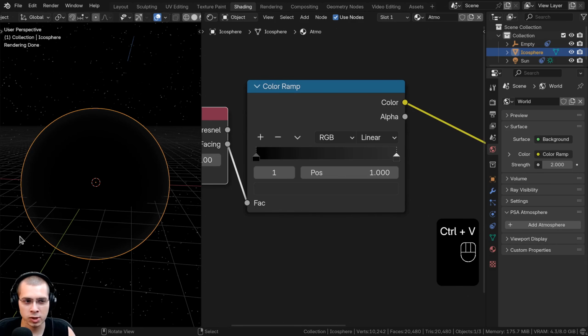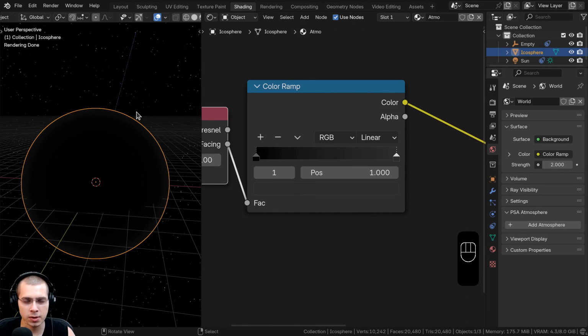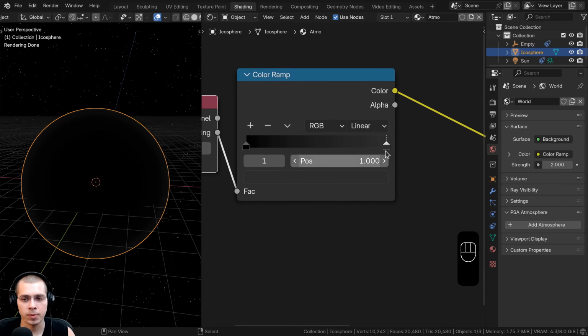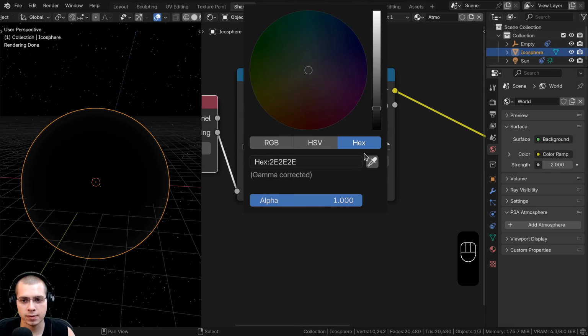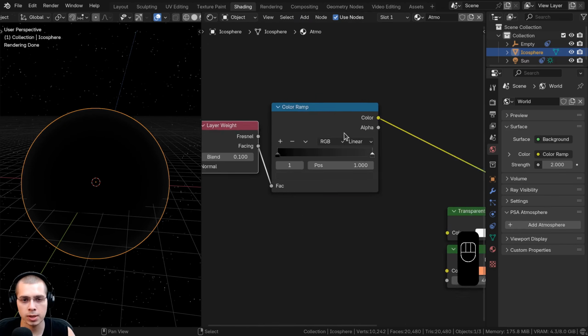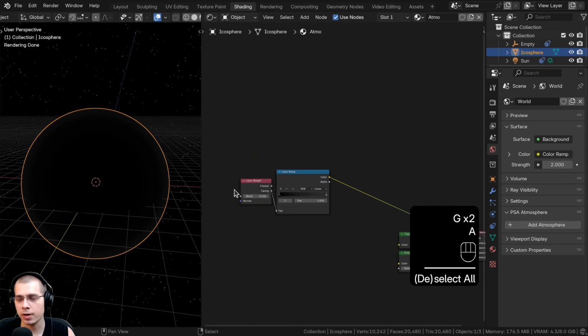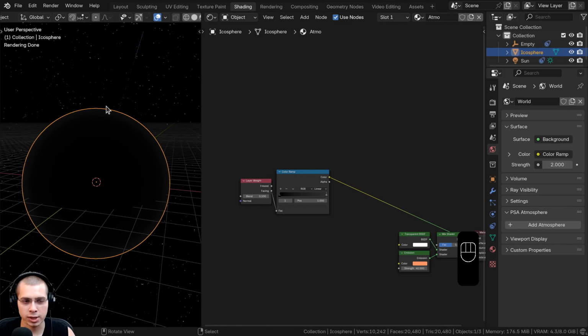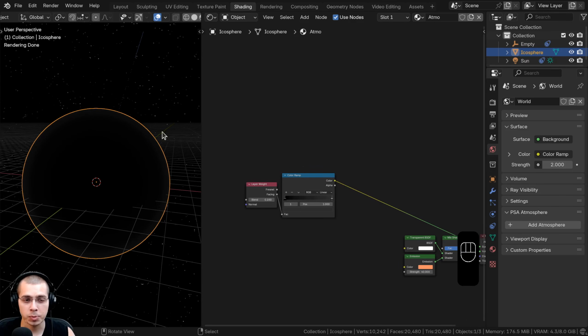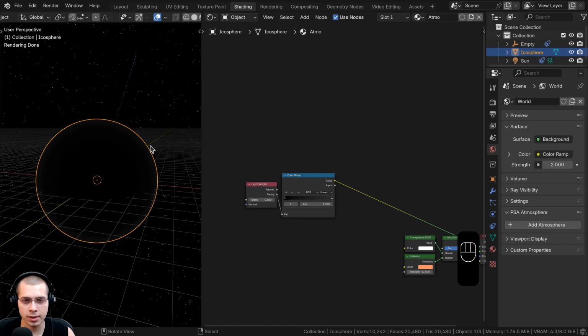Because if it's too bright, it's just going to be super strong, and I still want to be able to see through it. It's not supposed to be super bright, it's just going to be a subtle atmosphere. So for this very dark gray, the hex value is going to be 2E, 2E, 2E. So that's going to be the atmosphere, but then I also want to make the atmosphere just be visible where the sunlight is, so we need to create a gradient, and the gradient is going to adapt to where the